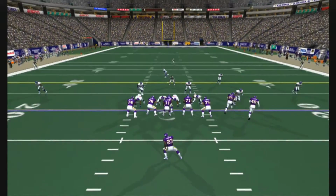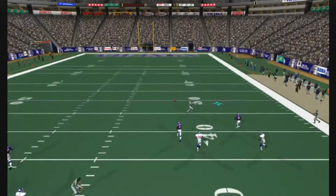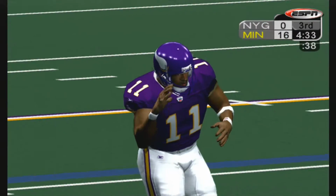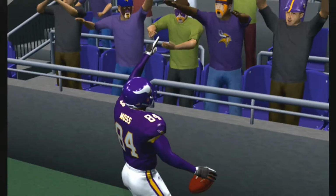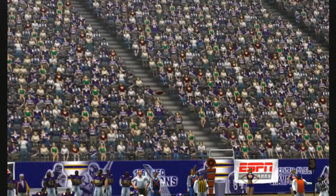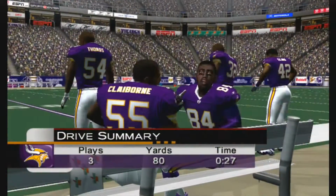So that does it. Wiggins catches it in the flat, and that's good. Moss pulls in a lob here and tries to get free. 15. He's in for the touchdown. Touchdown, Vikings! Randy Moss is all by himself, and he'll take advantage of it. Easy catch. That's his first touchdown of the day. And I think he's a guy you can count on to make those end zone catches. He sets a high standard for himself, and he usually...